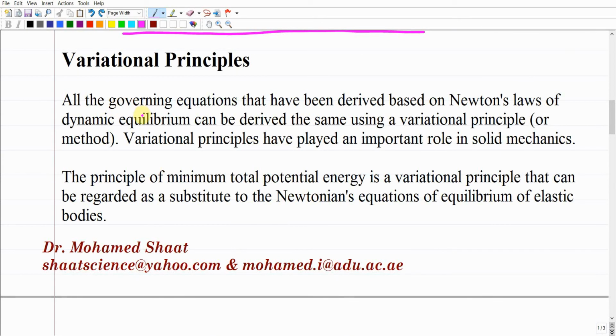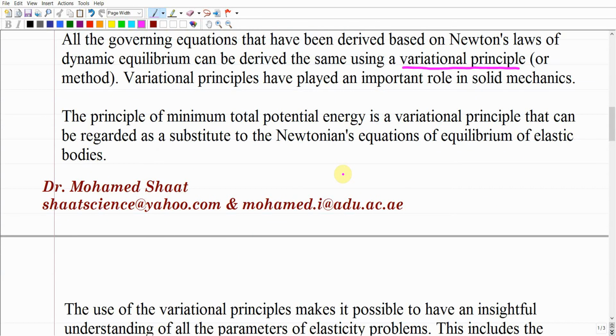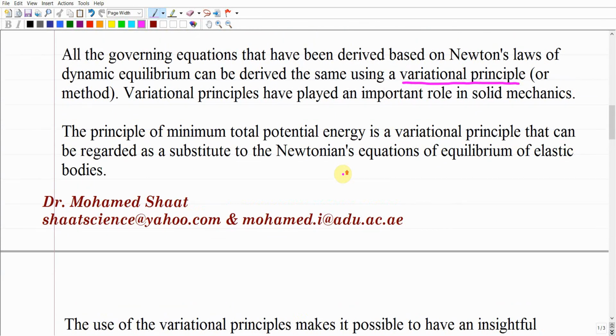First of all, something that you should understand: all the governing equations and boundary conditions that we use, which we derived based on Newton's laws of dynamic equilibrium, we can derive again using one of the variational principles or methods. Variational principles have played an important role in solid mechanics, as we mentioned, and it's going to be clear as we discuss next. One of these variational principles that we are going to discuss through this video is the principle of